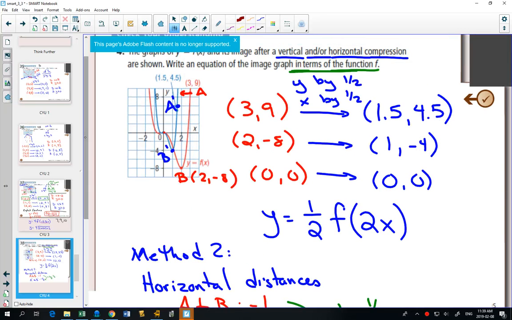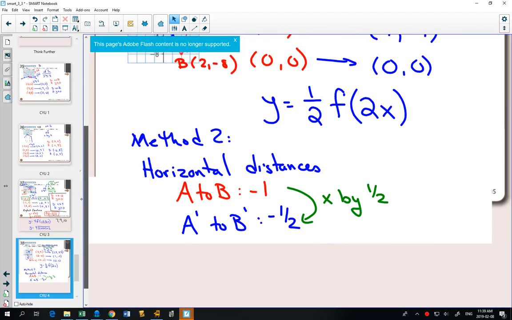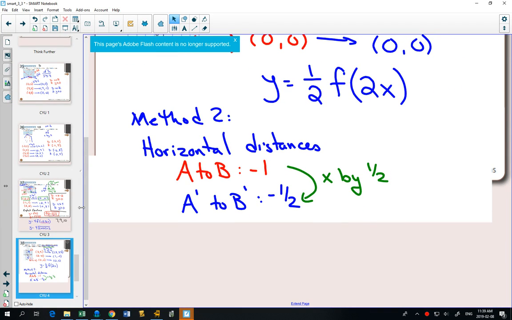Is that way more complicated than what we did to begin with? Yes. Could you see that it was 1/2 quite easily? Yes. So when it's something simple with just one transformation, as in this example, for sure, do the first method. But the second method will be helpful when we get into the more complicated ones. So with the second method, we figured out what we need to do with our x's. Now we're going to do the same thing